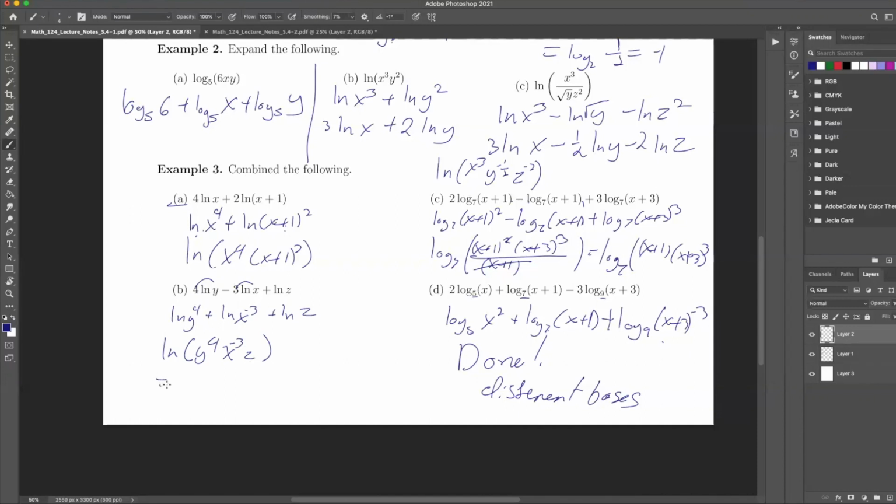And then here, I think your book's going to want you to write it always as y to the 4th z over x cubed. Make that look like a cube. There we go. I think your book always wants it in this form. Okay. And so that's how you do these. I'll leave that up for a second. And then I'll switch to the last page. The last page is